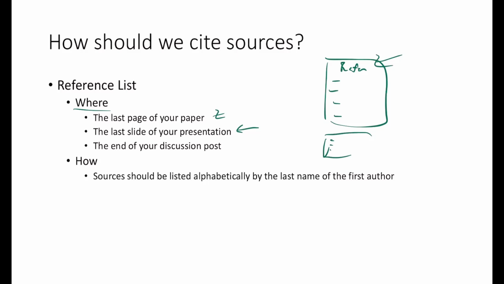Now, for discussion posts, you don't want to make a whole new post for your references. And this goes for journaling as well, if you use a reference in there. Just at the very end of your journal, you've got your post or whatever written there, and then at the end, write references, and then just list them out right after that. Put them at the end, that way it's not getting in the way of everything else.